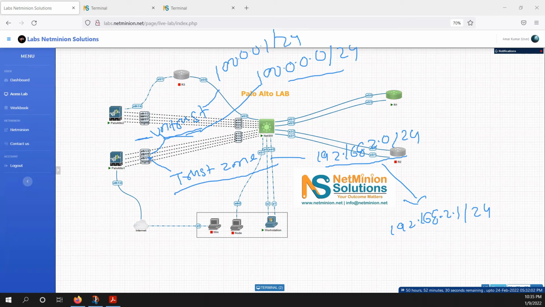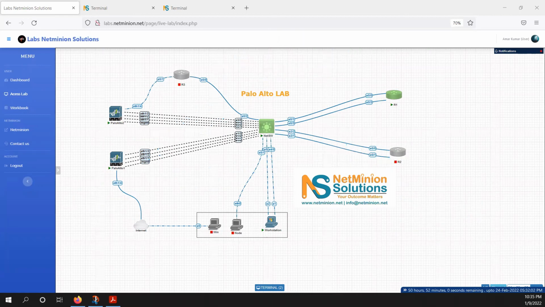Let's configure Ethernet 1/1 and 1/2. Basically, to configure these interfaces, we have to define the interface type, and an IP address you can define on the interface only if you are configuring the interface as layer 3. Then you would be able to configure an IP address, else not. That means if you want to make sure that this Palo Alto can do the layer 3 function, you have to enable the interface as layer 3. So let's configure those interfaces as layer 3. We will talk later about the other modes we have on the interfaces. But for now, if you just want to assign an IP, you can configure the interface as layer 3.